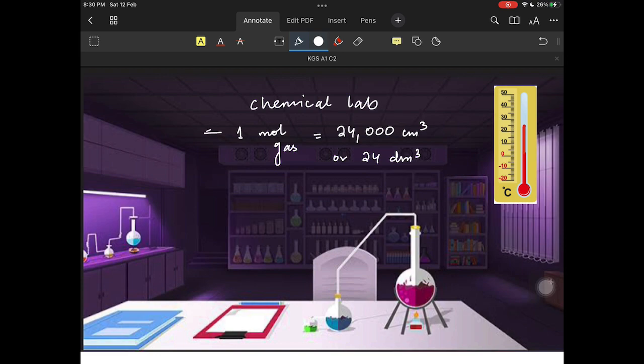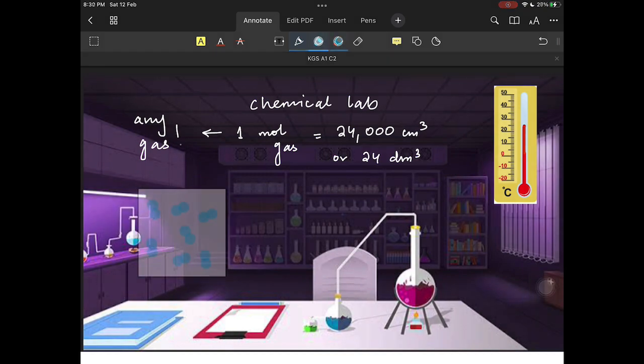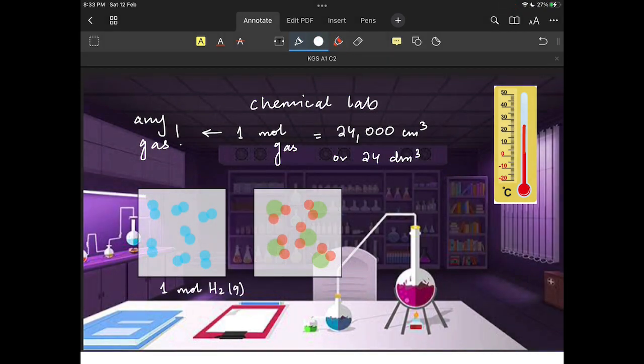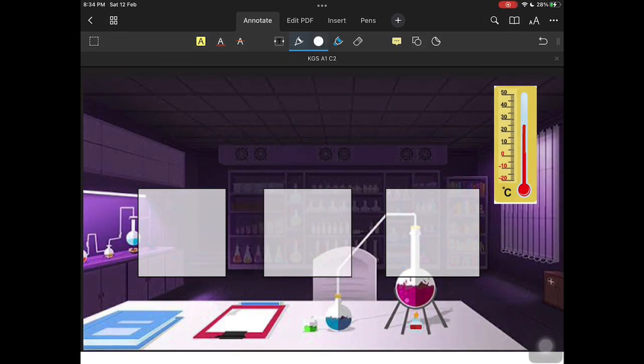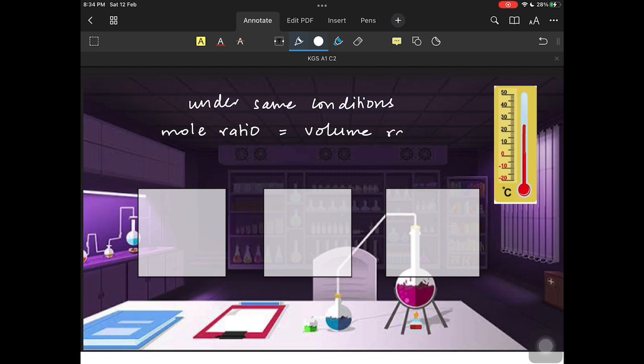Now, it does not depend on the molecular mass or the identity. It is true for any gas, whether it be hydrogen or water vapor or SO3 gas. We can vouch for the fact that all the gases under the same conditions of temperature and pressure, the mole ratio between two or more gases is equal to the volume ratio